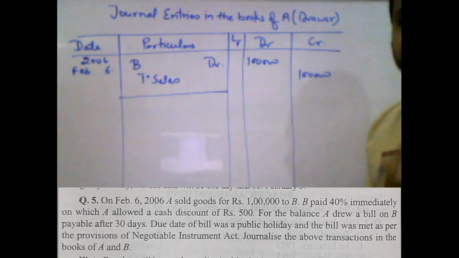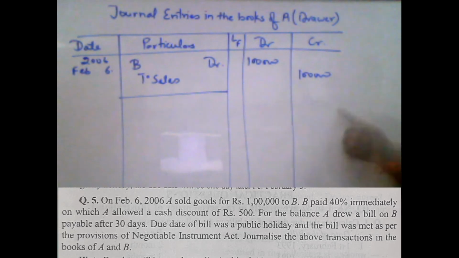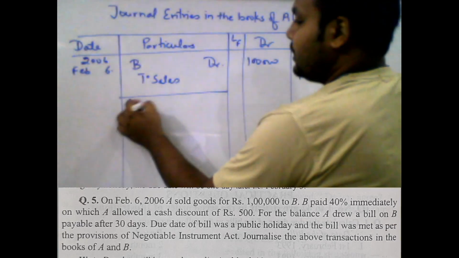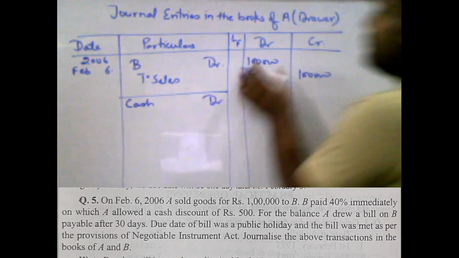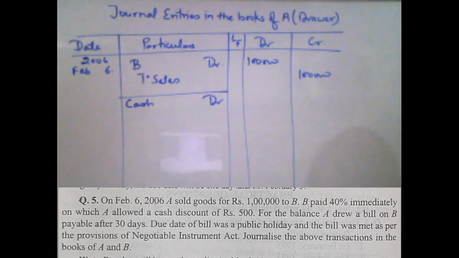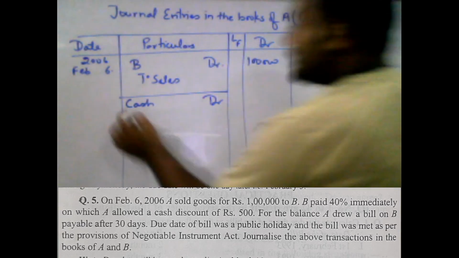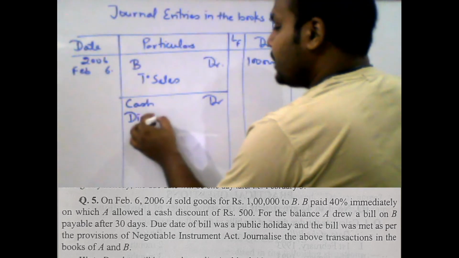A sold goods for rupees 1 lakh to B, and thereafter you can see that B paid 40% immediately, on which A allowed a cash discount of 500. How much did B pay immediately? 40%. 40% means 40% of 1 lakh, that is 40,000. And you know very well it is a discount allowed. Discount allowed is always what? That is a debit,